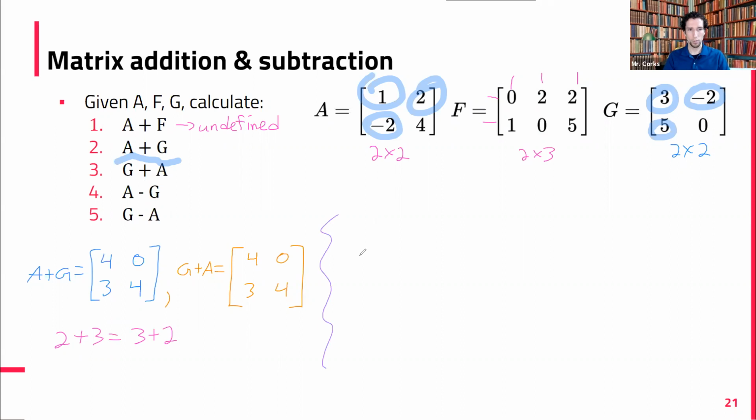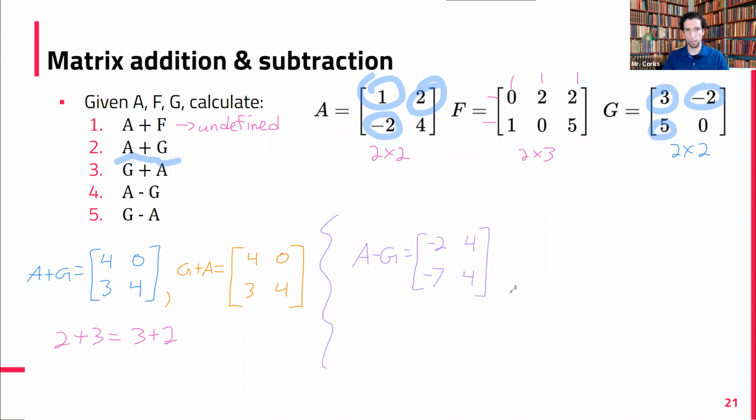All right, 2 more examples here. Let's do A minus G. Can someone tell me what that result is? -2, 0, 4, positive 4. Yes. Okay, and next row. -7 and 4. Okay, so the 4 here, 2 minus -2, so 2 plus 2, 4. All right, so that's A minus G.